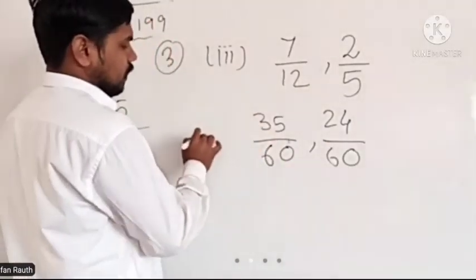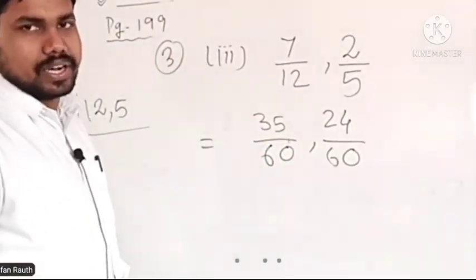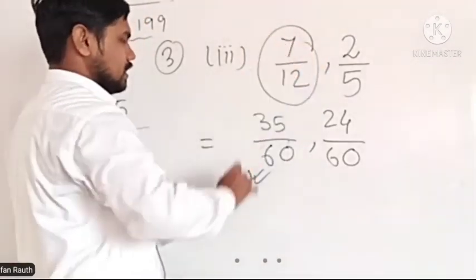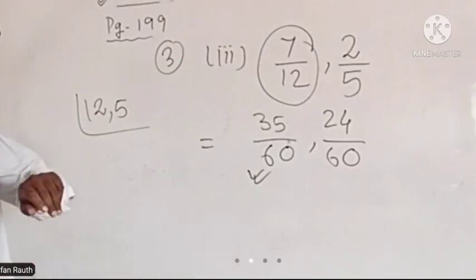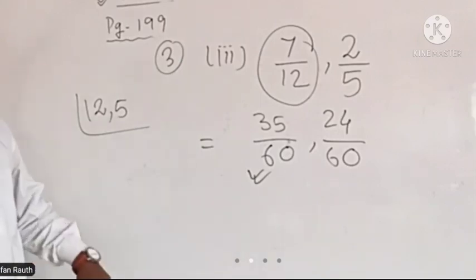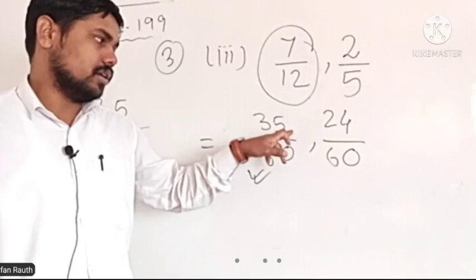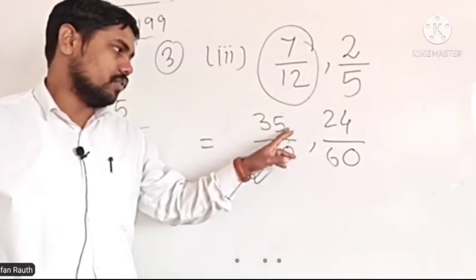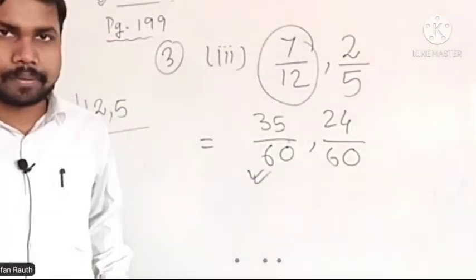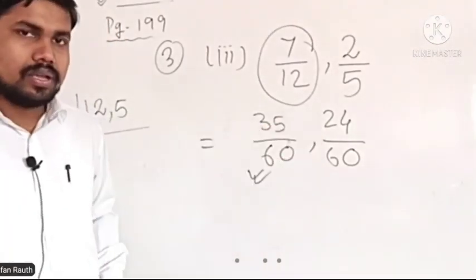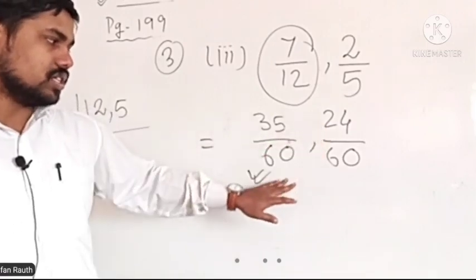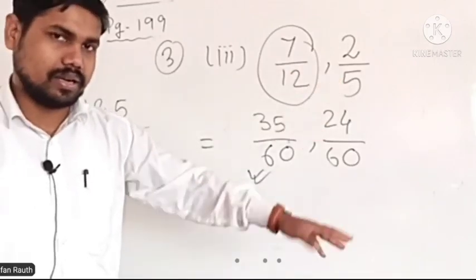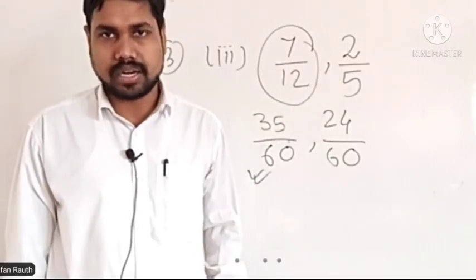okay, so 35 in this numerator, 35 is greater, so 35 will be greater, that means 7/12 is greater. So इस तरह का केस में आपको जो है सिंपली चेक करना होता है, ठीक है, कि which numerator is greater, that number will be greater, in case of denominators being same. But अगर numerator are same, तो जिसका डिनोमिनेटर स्मॉलर होता है that is the greater number, ठीक है। और अगर नहीं सेम है इस तरह से नंबर, then first you have to make equal denominators and then you can compare.